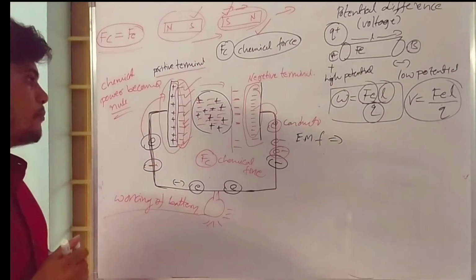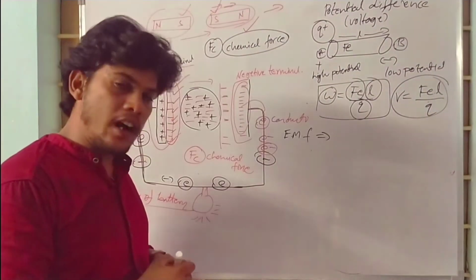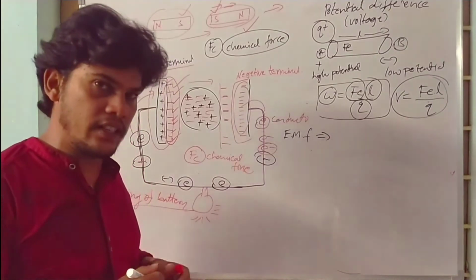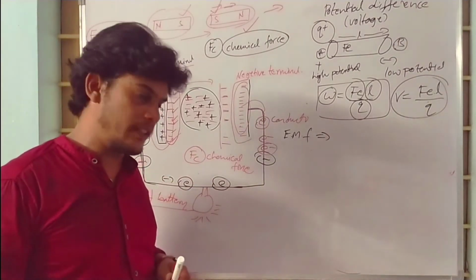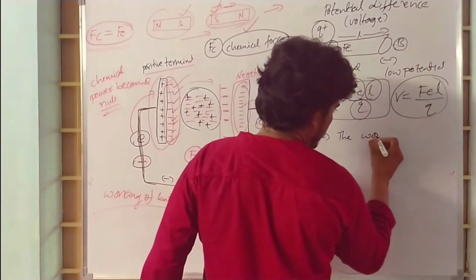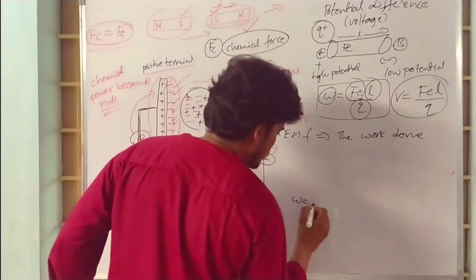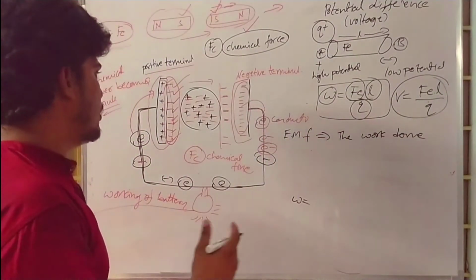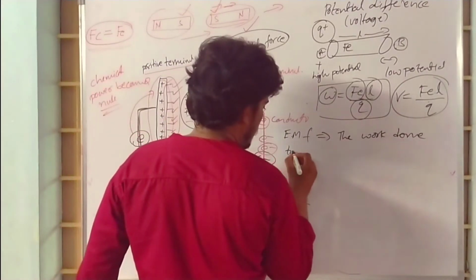I would like to tell about the electromotive force. First of all, the definition. The electromotive force definition almost resembles the definition of the potential difference because both are the same. Look at here. The work done. So work done means W. What is that work done? The work done to move